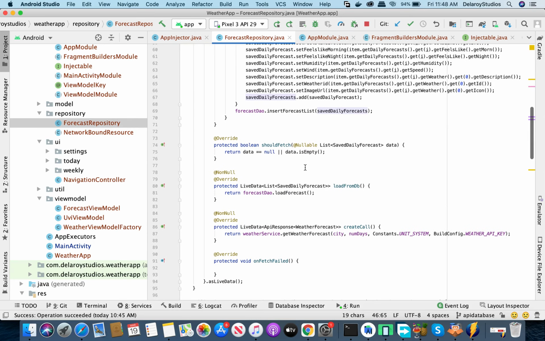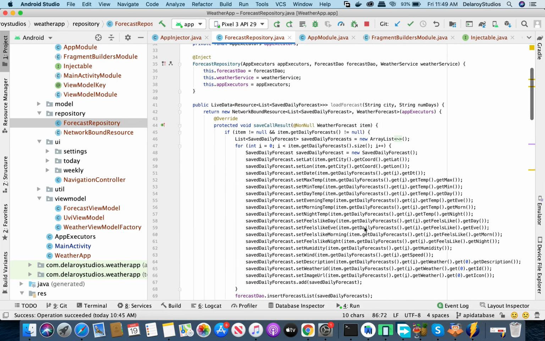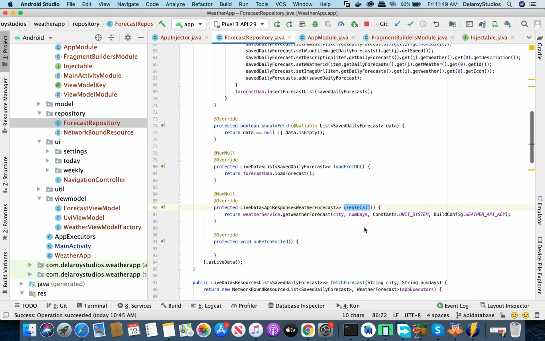Now you could ask, should you fetch? You fetch when data is empty or when data is equal to null. That's cool. You could also load from the DB, calling the DAO to load the forecast. That is if data is available. And you create a call. These are what you must actually handle. The load from DB, which is from the network bound resource. You load from DB, you fetch, and you create the